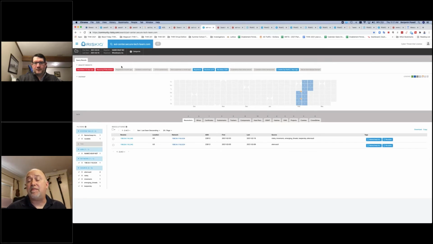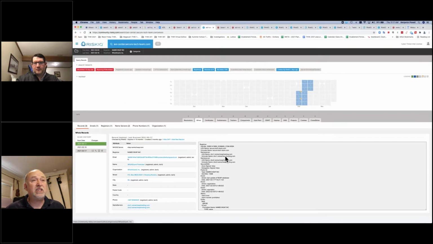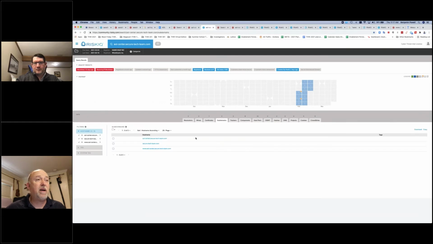So this could be like the points of proof saying, hey, it just got a new subdomain. The WHOIS record just changed. The IP address is now going to a place that is normally seen with bad traffic. It's been blacklisted. So this has been blacklisted 19 days ago, and it's a resolving blacklist. So it changed and it got blacklisted again. So this is how you can go through and start looking at these things and try to find additional domains that are attacking a target.